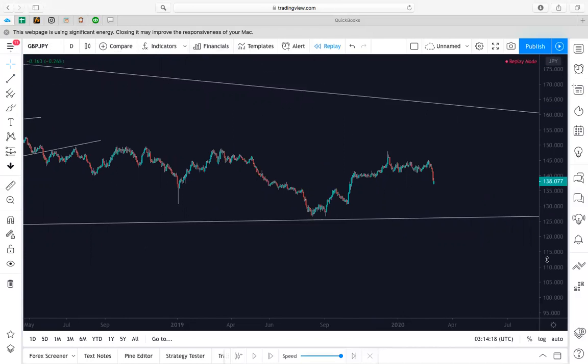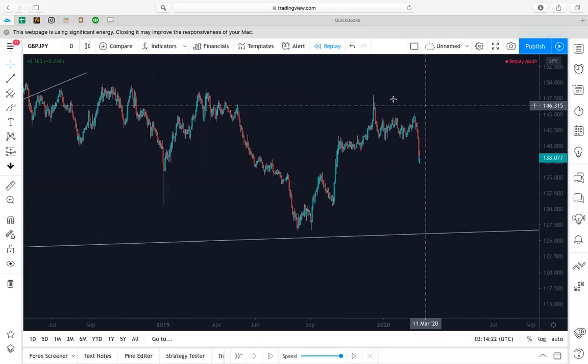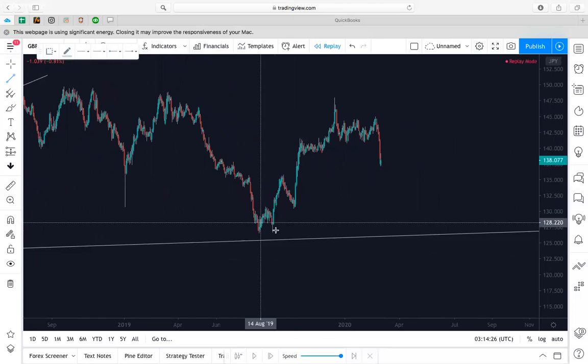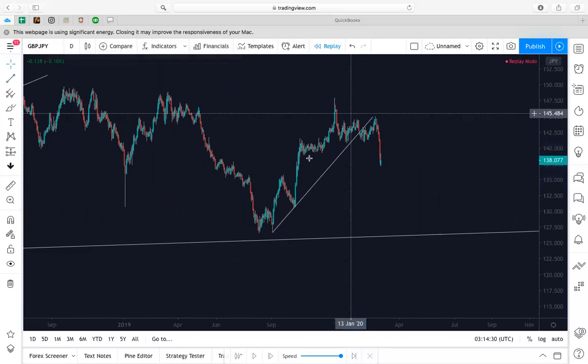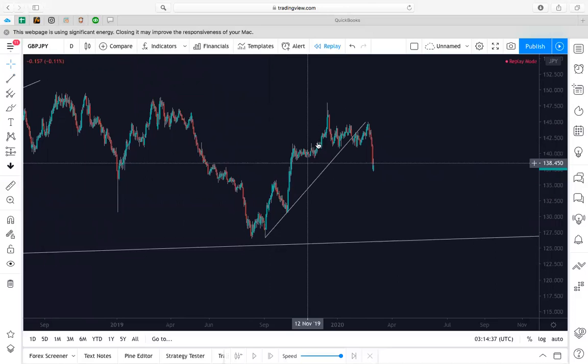Doing our top-down analysis, we have our parameters. Now let's start to look for more recent, more current trends. So this is the more current trend right now. So let's use our trend line. We can define this uptrend movement. So you can see clearly rejection, rejection, and now price broke below. So this uptrend move